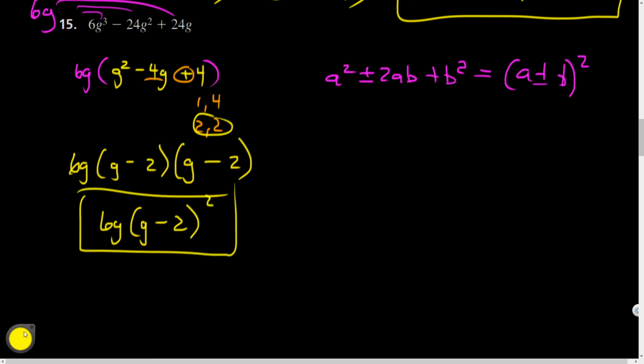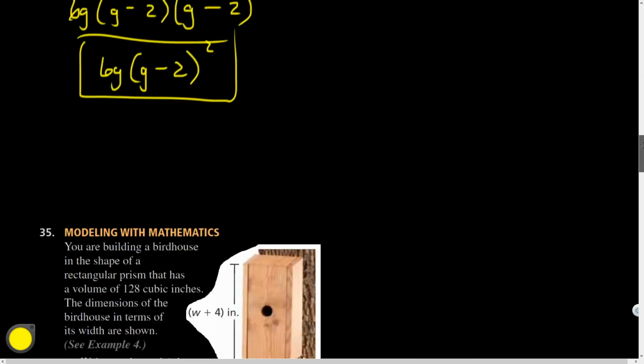Or were you splitting the b term? You could split the b term. Yep. Now, because the number in front of the g squared was 1, you don't have to split the b term. Although, yes, you can use that route and you'll still get to the same answer. You could have jumped right into this pattern as well. So there's multiple approaches to these problems, all right? Maybe some people would have written it this way, and then I would have hoped that they would have combined the matches into being a square. All right. Okay, and then just make sure,